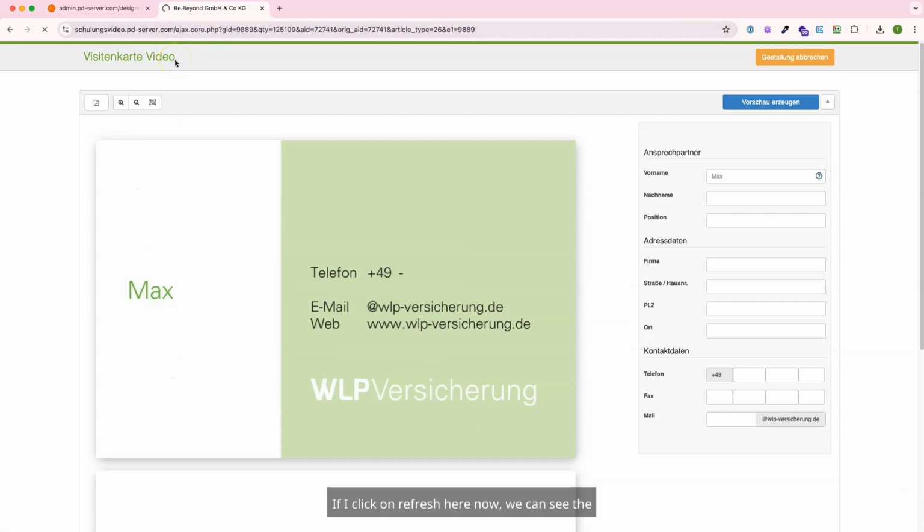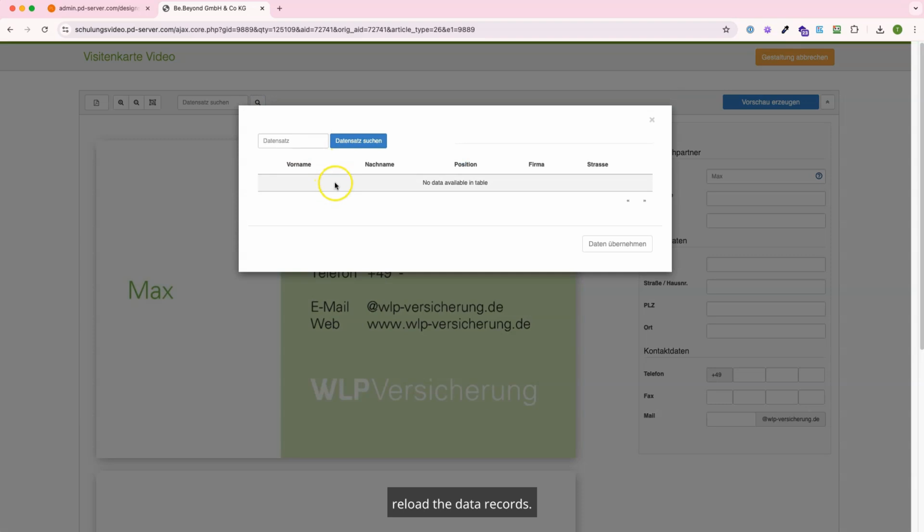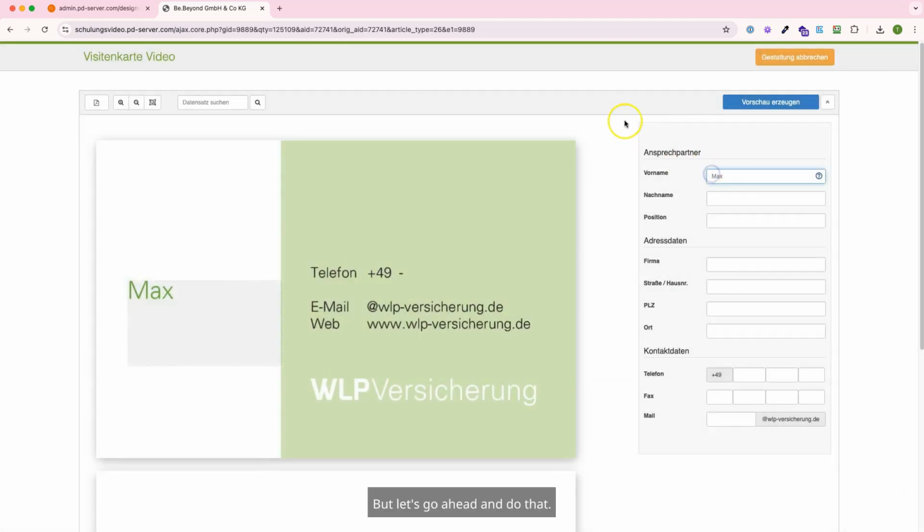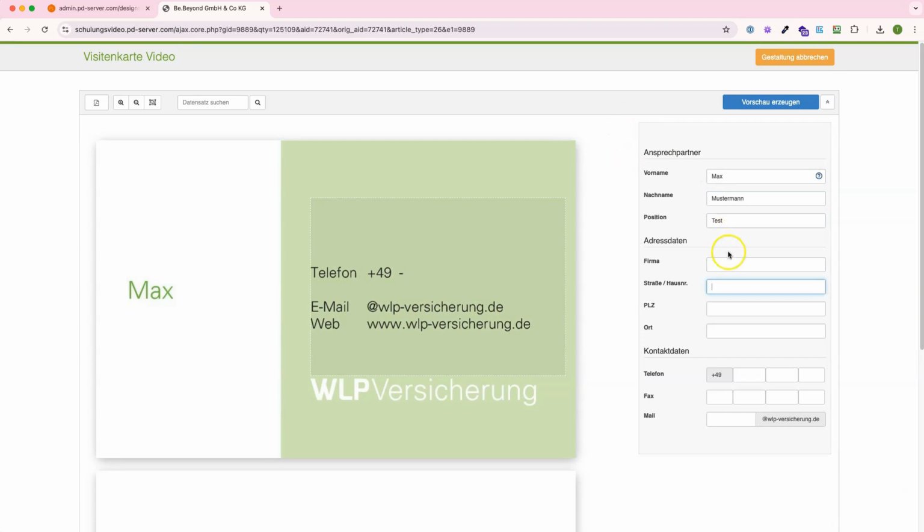If I click on refresh here now, we can see the previously activated toolbar search up here. So basically, this is the area where you can later reload the data records. Of course, there's nothing in there yet, but let's go ahead and do that. Let's fill this out here. The business card, Test Street,